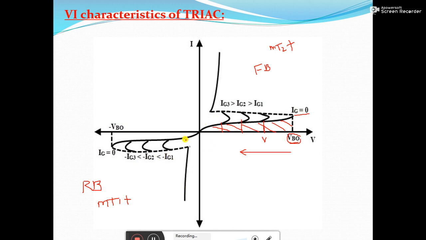Again, like the diac, the difference between diac and triac you have found out here, because you can see in diac there was only one curve, but in triac you are seeing so many curves with different Ig values, because there is a presence of gate control, and here there is no gate control. And like in diac, the characteristics were symmetrical. The forward bias as well as the reverse bias characteristics were symmetrical. Like diac, here also the characteristics are symmetrical. They look the same as each other.